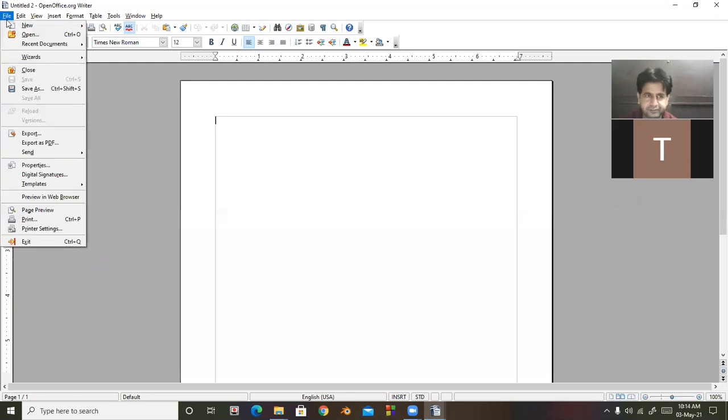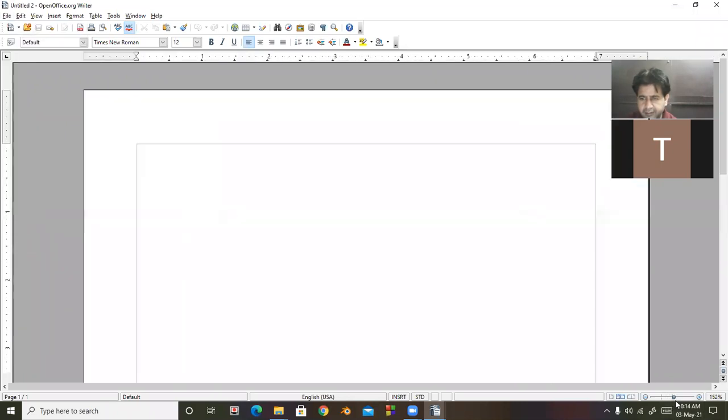Okay, students, in Writer, it is just like MS Word. It is a word processor. At the top, there is a standard toolbar. In the standard toolbar, there are some commonly used tools, for example new, open, save, print, then spelling and grammar, then format paintbrush. Some commonly used buttons. These are called the standard toolbar.